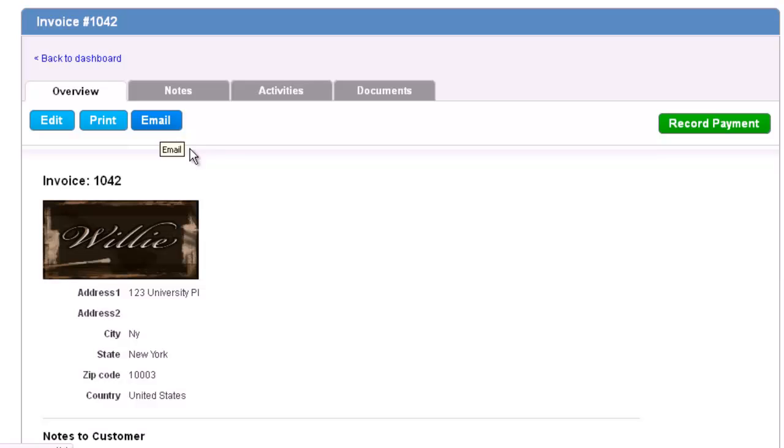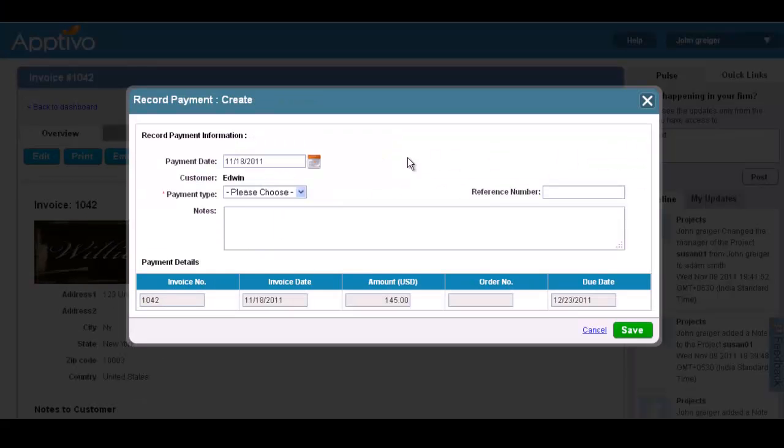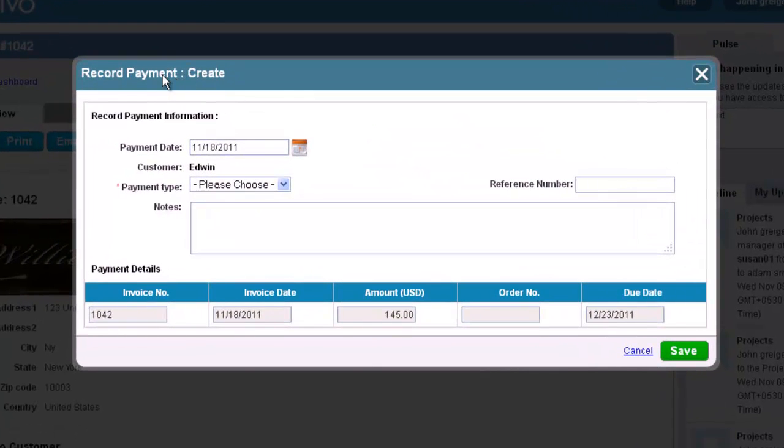The customer will already be selected, and you may choose what type of payment they will be providing, whether it be credit card, cash, check, Google Checkout, or PayPal Checkout. You may also enter any notes regarding this payment, as well as a reference number if you have one. The payment details will already be filled in based off of the invoice, so once you're done, just click the